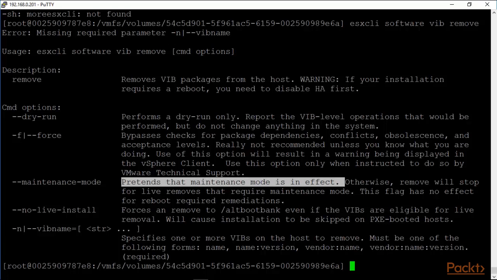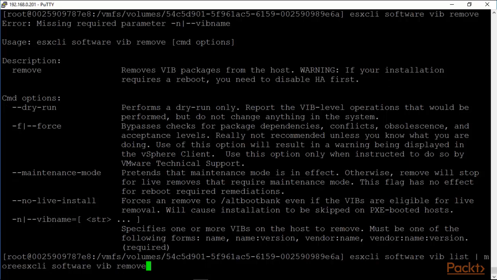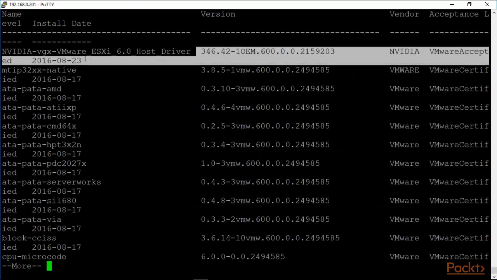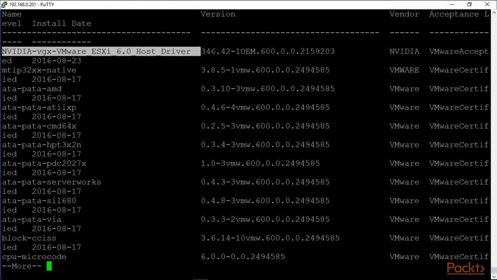It just takes a second extra, anyway. The no live install is okay as well. So all we need is basically the VIB name, right? So we need to get the VIB name again by doing the list and piping it through more, copying this. That's the VIB name. Control C,